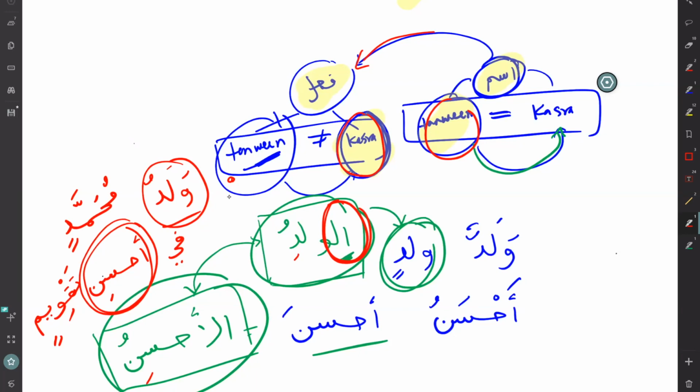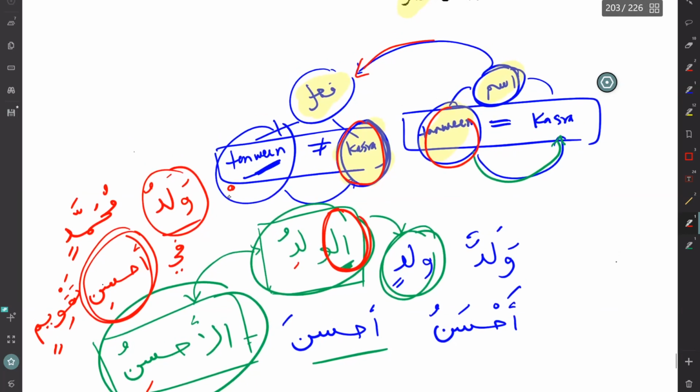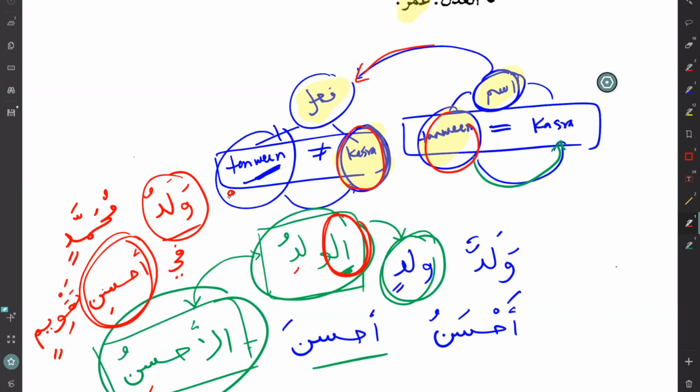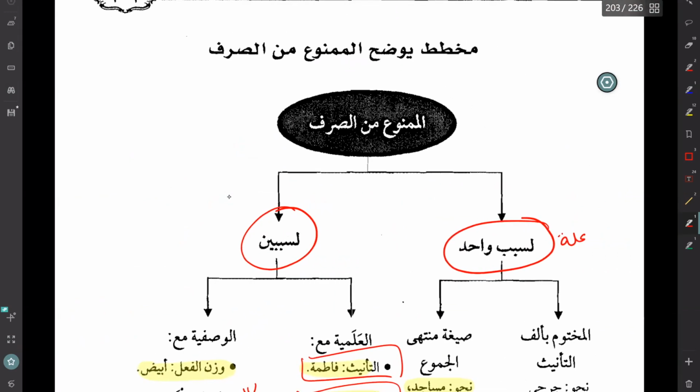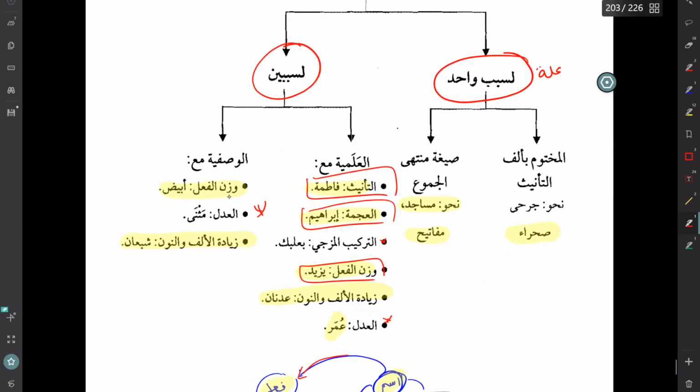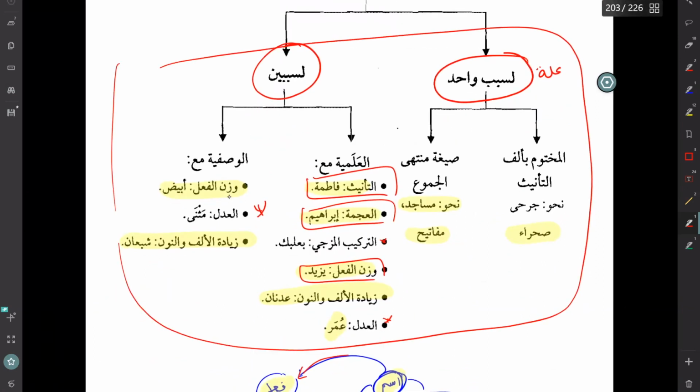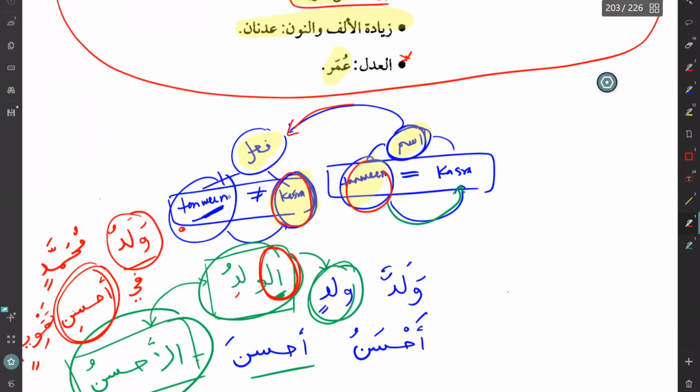Make sense? So for us, what we need to know is that all of these three things I mentioned in Mamnu min as-sarf, because I told you this is not an easy topic. It's not the most difficult, but it's definitely an intermediate topic. So with the Mamnu min as-sarf, you have to know a few things. The number one is the hukum. It never takes kasra. Number two is this whole chart when a word becomes Mamnu min as-sarf. And number three is that when you add alif lam or you make it into mudaf, then Mamnu min as-sarf can accept kasra. And I just gave you a few explanations for that.